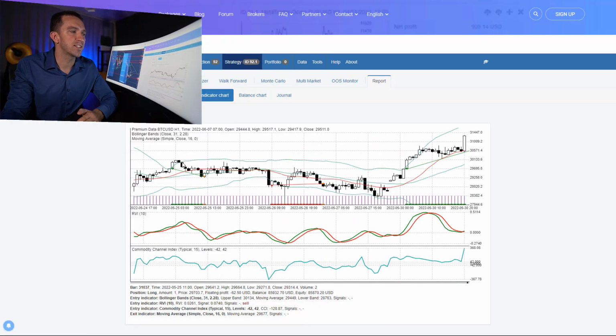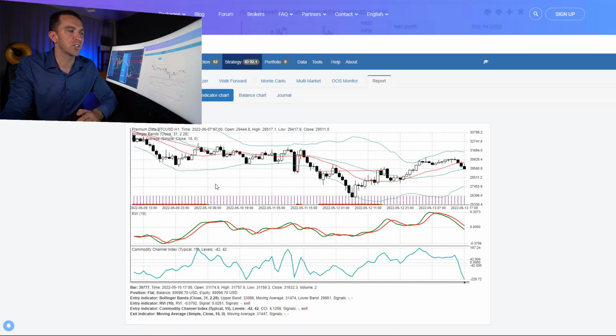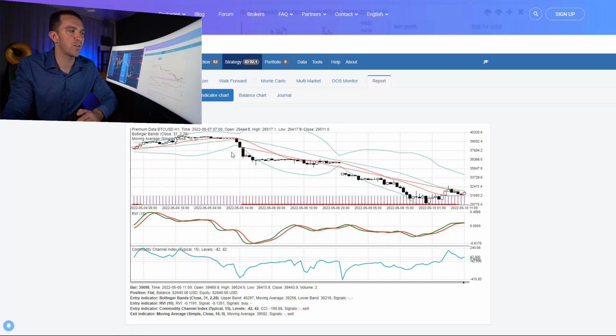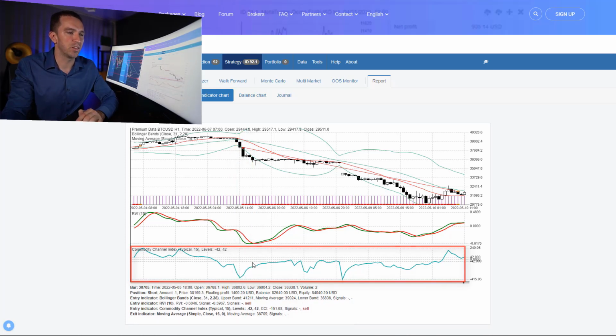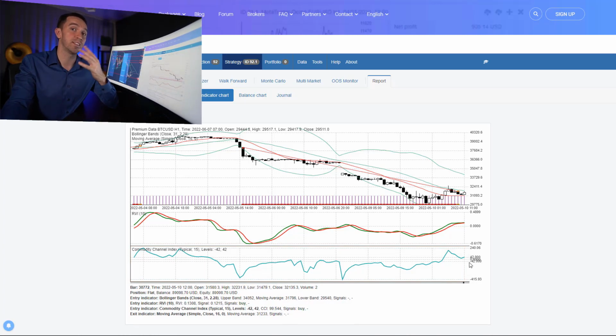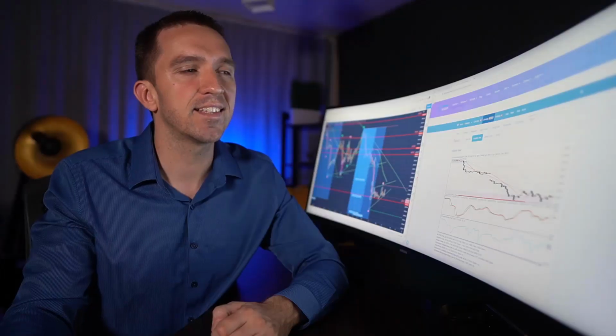And if I scroll, you will see that there are some negative short trades, or where the strategy is actually selling. For example, right over here, from this moment you can see that the price is at the lower band of the Bollinger Bands, and then we have the confirmation. So here the RVI is going down, the CCI is below the level lines, the negative 42 is the opposite of the positive 42. So these are the confirmations for the short trade. And when the moving average, this red line over here, changes its direction upwards, then we exit and we profit